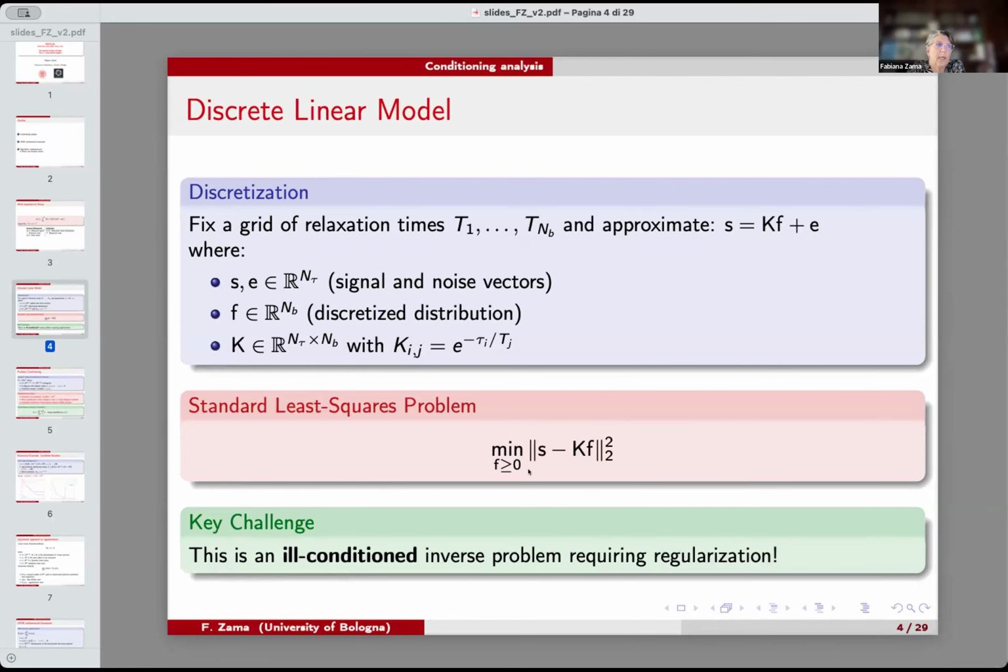In almost all software languages we have functions coming from the linear algebra libraries to compute this. It is very expensive,